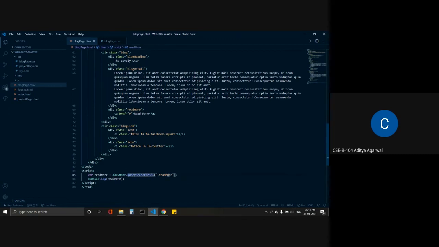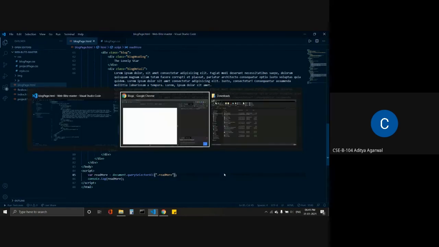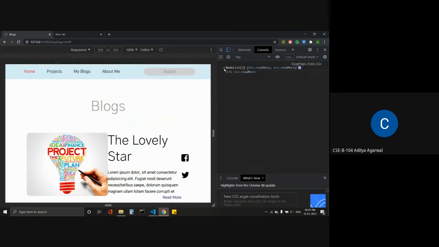But if I use querySelector, it would give me a single element, as querySelector only selects the first instance of anything inside it. So if we want to grab all the read more classes, we have to use querySelectorAll. If I print this, see, I am getting an array of two read mores.